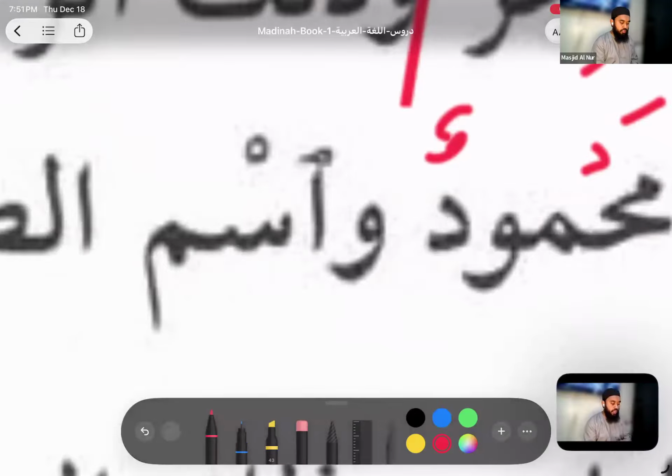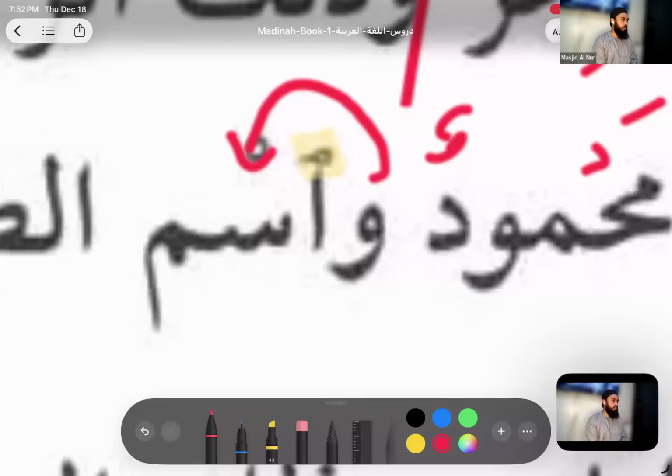Sa'id. Guys, we came across this little sign once again. What's that? Hamzatul wasl. What does that mean? You join this directly with the sin. It doesn't have sound. You do not pronounce the sound. What other word did we learn with the hamzatul wasl until now? This is the second word I think we came across. Alhamdu, no, that's not hamzatul wasl. Ibn. Ibn, right?